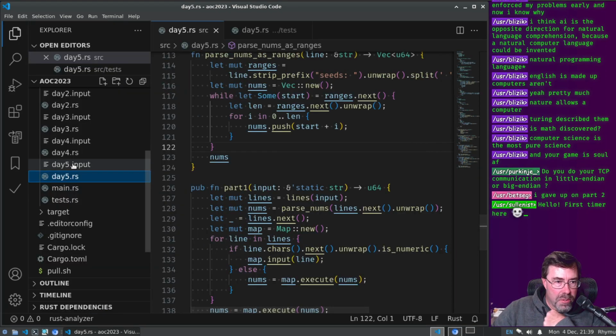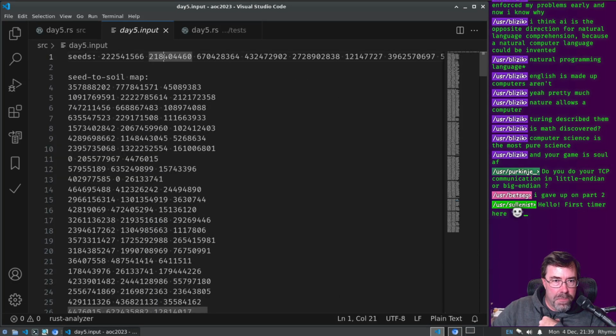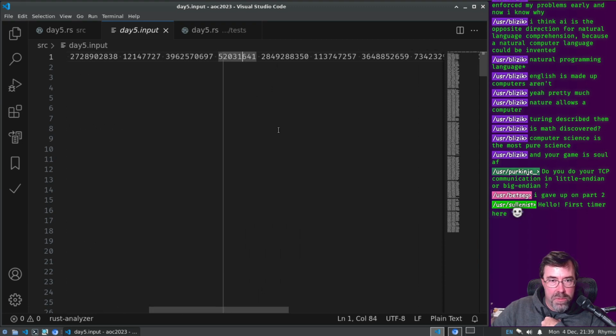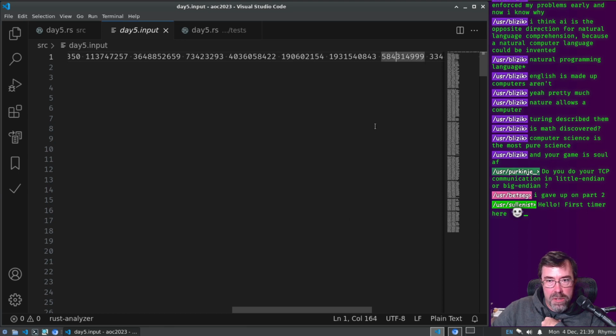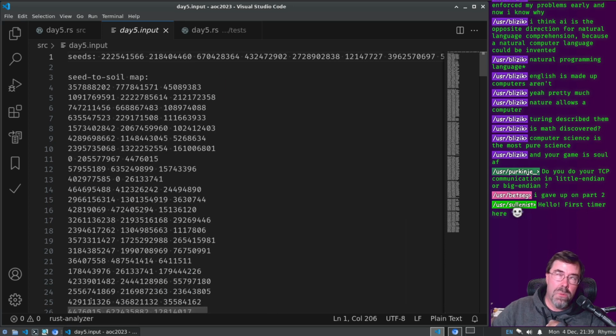If I were to look at our real input, yeah, we have 218 million numbers starting here, and then another 400 million, and then another 12 million, and then another 52 million, and then just 113 million more, 73 million, 190 million, 584 million more, 180 million, and then 310 million. So that makes a vector that's so large we're gonna run out of memory. So obviously we can't hold these in memory.